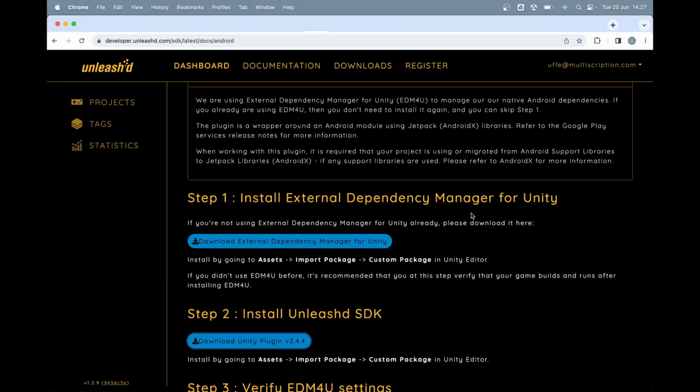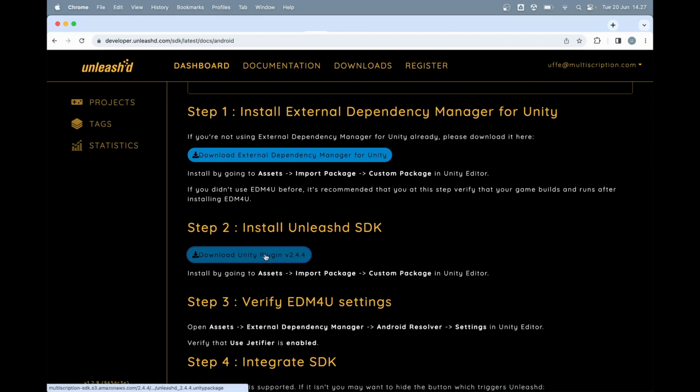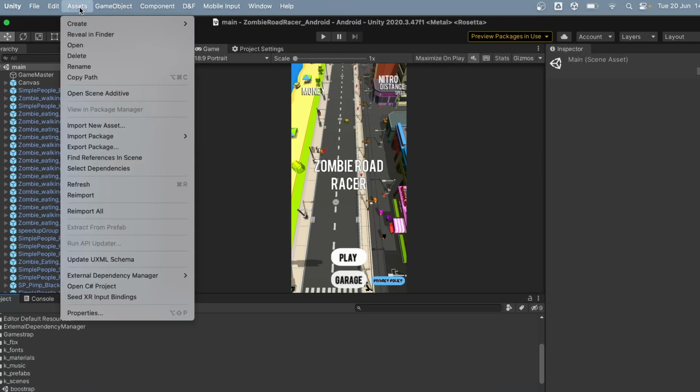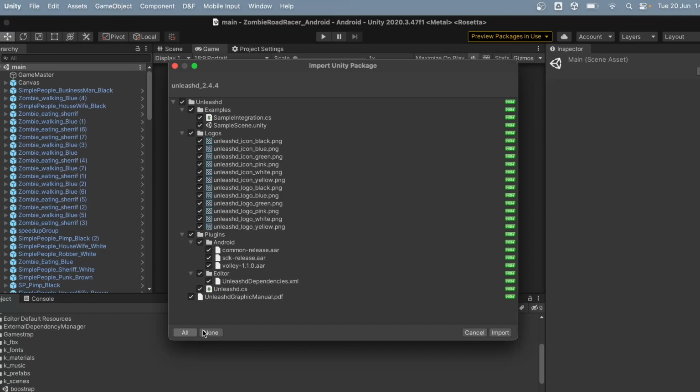First, let's go to the Unleashd developer portal, where you can find the documentation as well as the latest SDK. We're utilizing the external dependency manager for Unity. There's a download link here. Next step is to download the SDK as a Unity plugin and go into your Unity game and import it as usual through import, custom package, and pick the file that you just downloaded